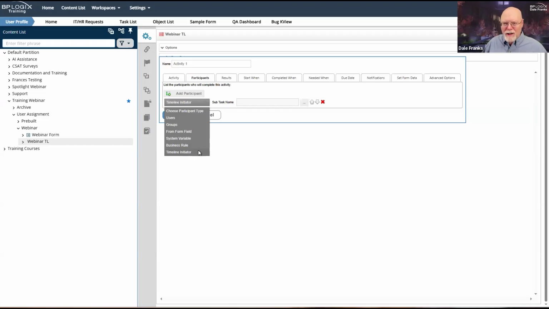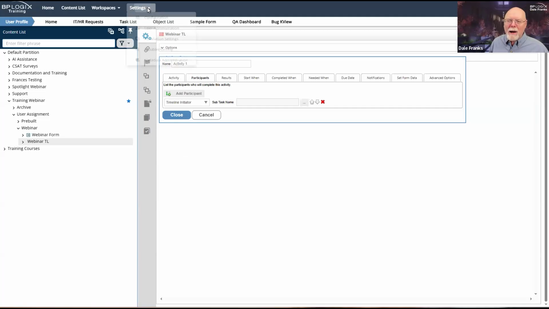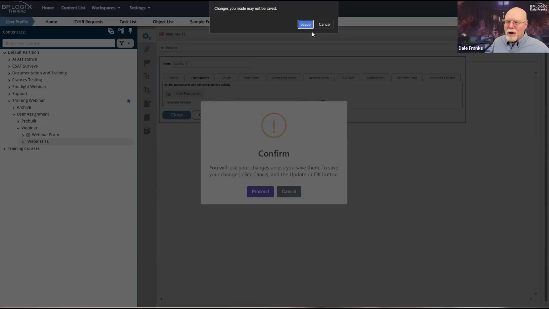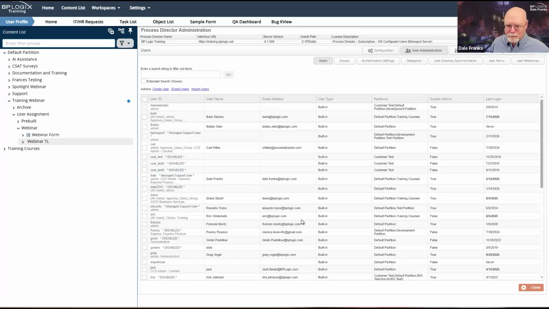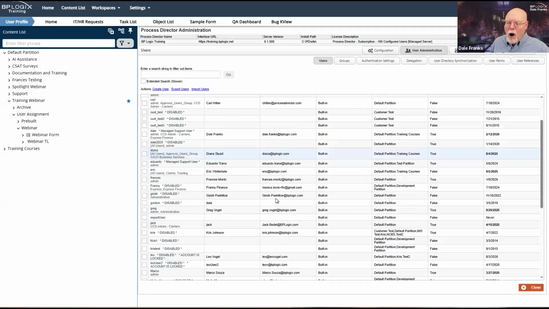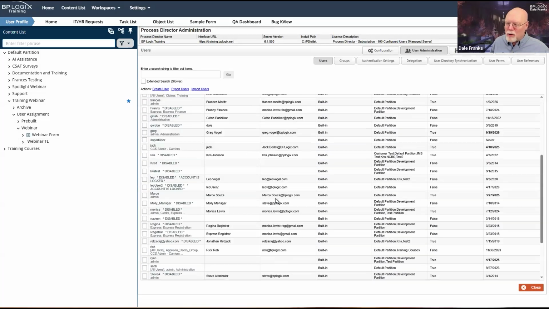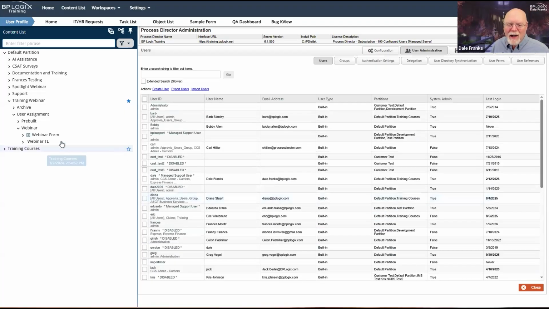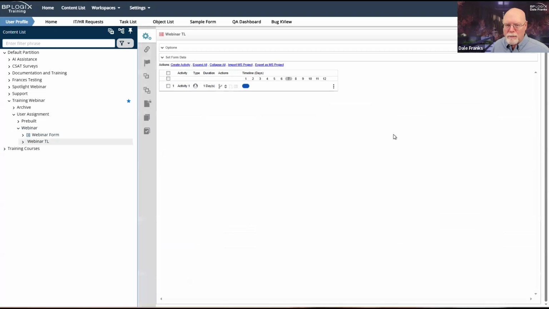Authenticated users exist in the system. I can go to settings and I can go to user admin and I can see all of the users who exist on my system. And so all of these authenticated users, I can assign stuff to, and they have an identity inside of Process Director.